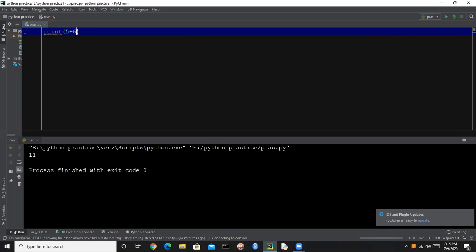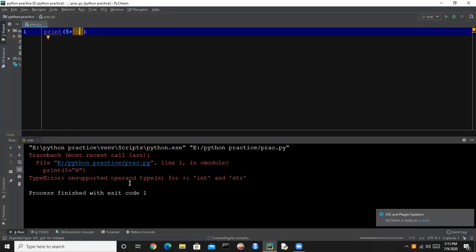What if we try to add a string and a number? Here it gives us an error: unsupported operand type for plus. So this is the operator here, with an integer and a string. We cannot add an integer with a string.